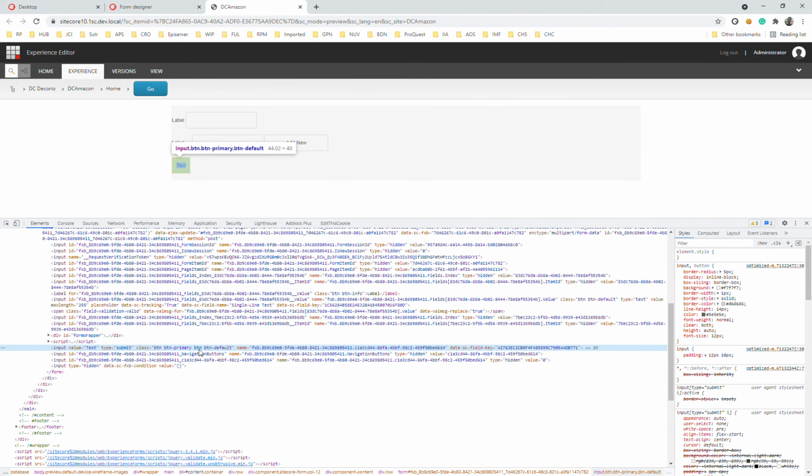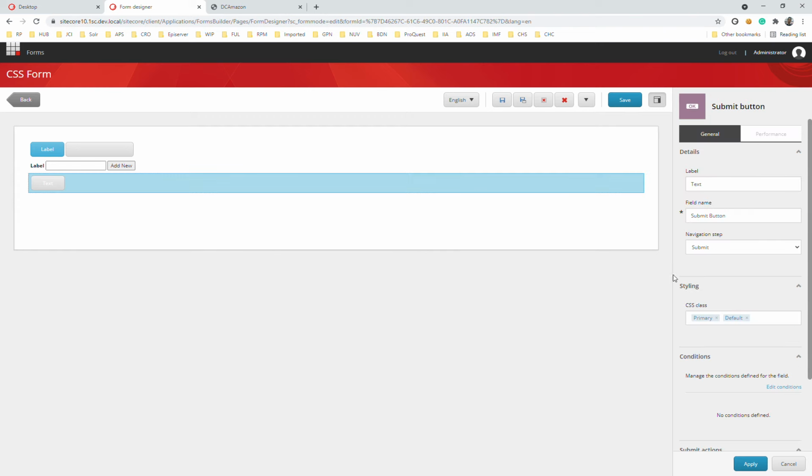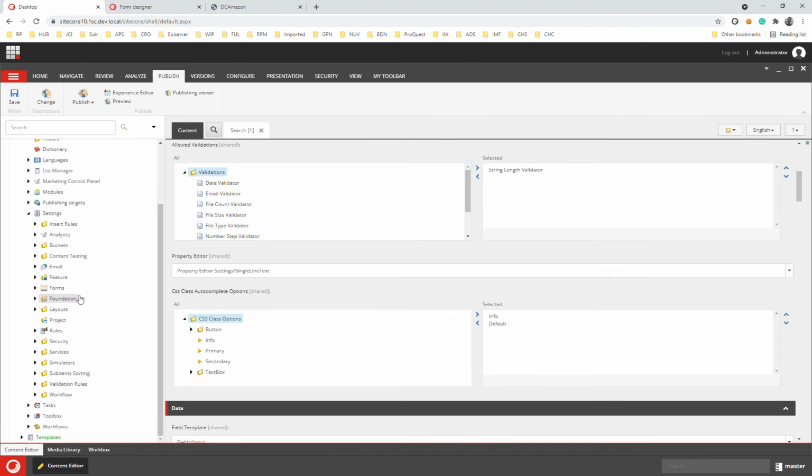Okay, the last thing is that this works if you know or don't know the name of the class, you can use the autocomplete. But if you are a CSS kind of person, and you are aware of how CSS works, and you want to apply the CSS class directly, for example, btn-new, this is my CSS class name, so I can just type the CSS class. This is not showing in autocomplete because we have not created the CSS class option for this one.